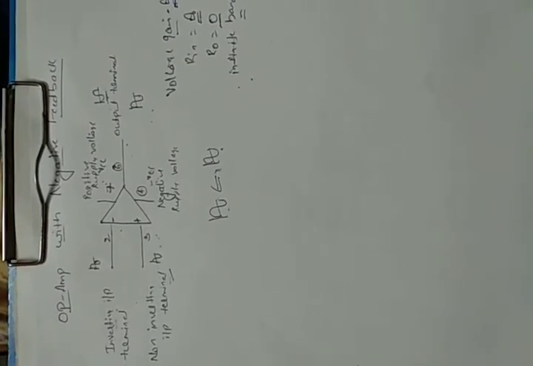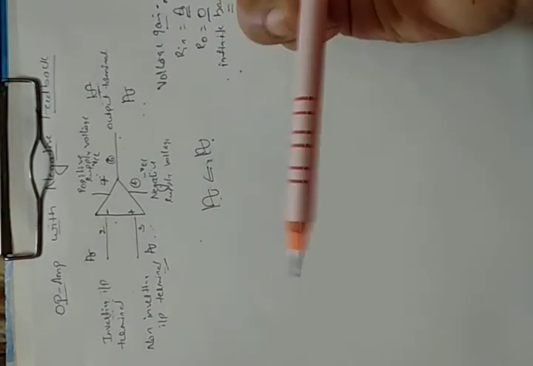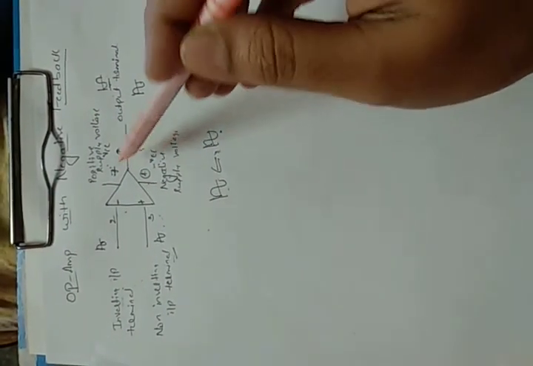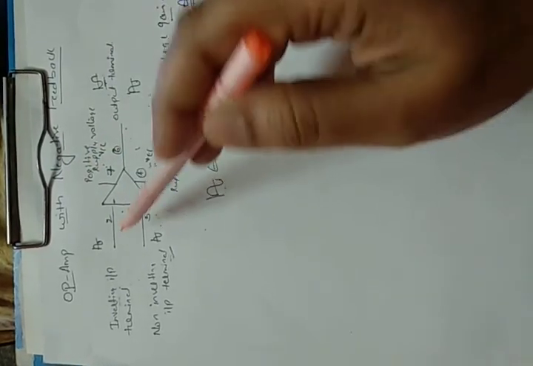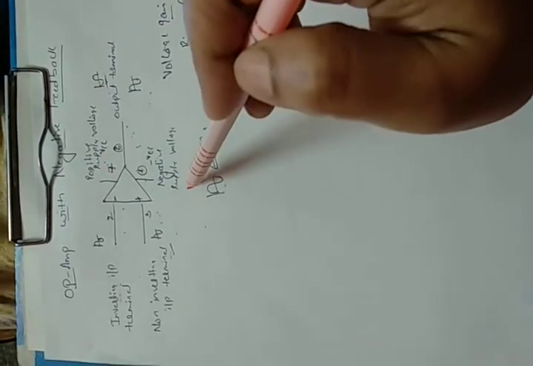However, if we introduce feedback to an op-amp, we can see some changes in the op-amp circuit. This is what this module, op-amp with negative feedback, is all about. So basically an op-amp is a 5-terminal device with 8 pins, which is an 8-pin IC. It has an inverting input terminal, a non-inverting input terminal and an output terminal, with 2 power supplies.